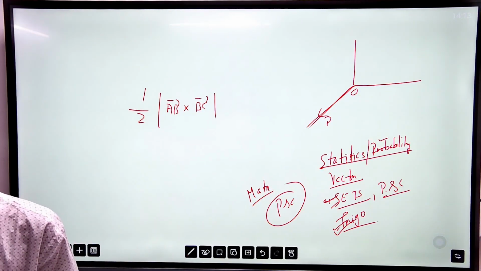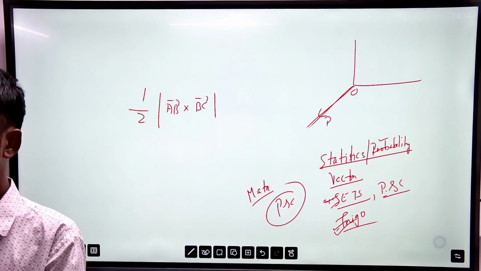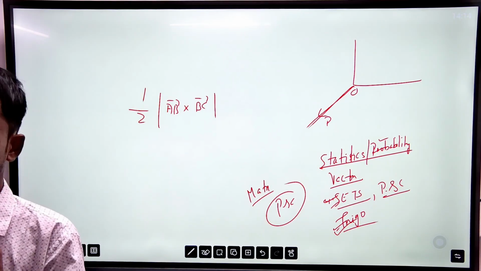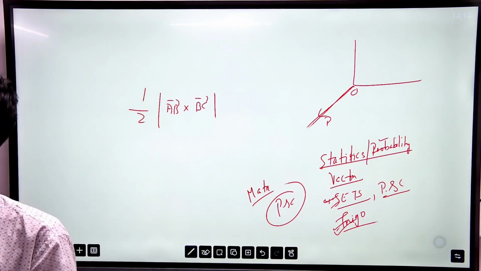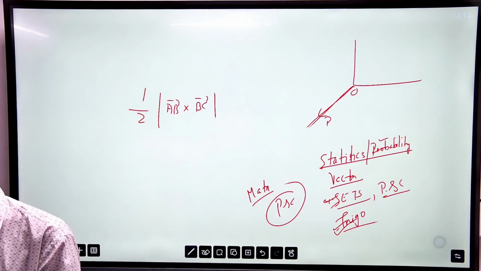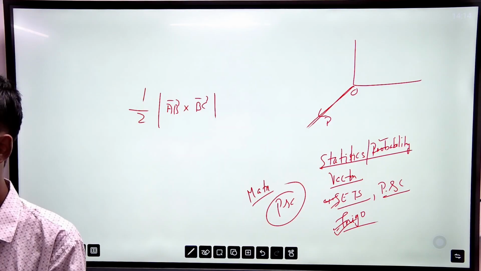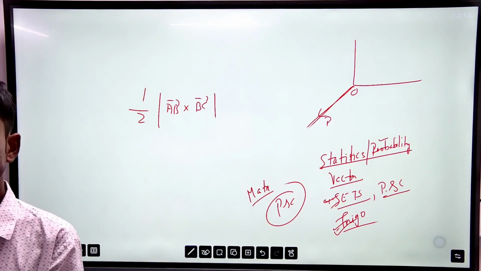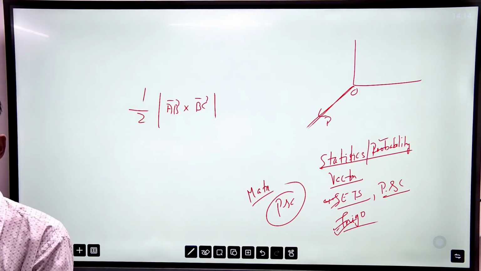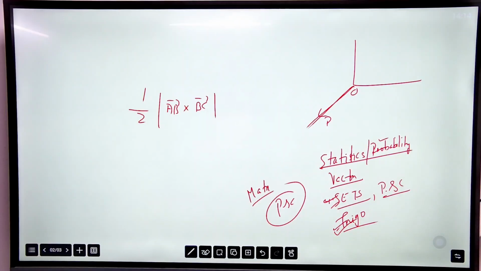Are you getting my point? Similarly, the direction cosines for y-axis are 0, 1, 0. And direction cosines for z-axis are 0, 0, 1. Are you getting my point? NDA has asked these questions. What are the direction cosines for y-axis, z-axis, x-axis? Simple question. Now you have to remember the direction cosines of x-axis are 1, 0, 0, for y, 0, 1, 0, for z, 0, 0, 1. Are you getting it? So this is the first thing you have to know about 3D. Second thing,